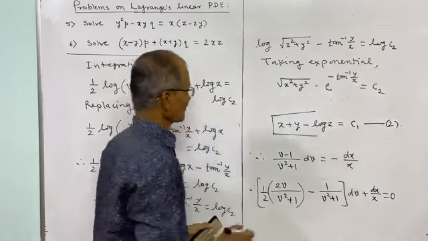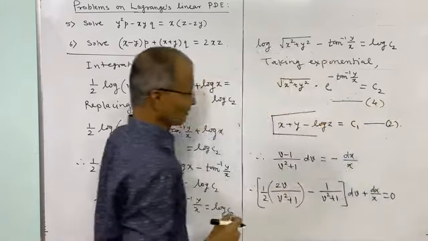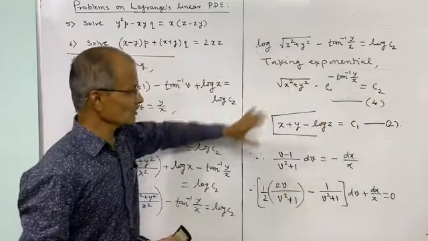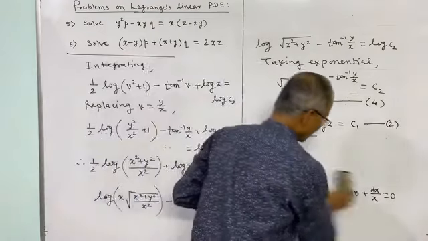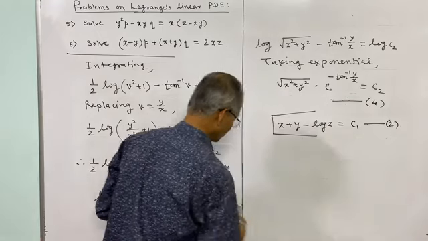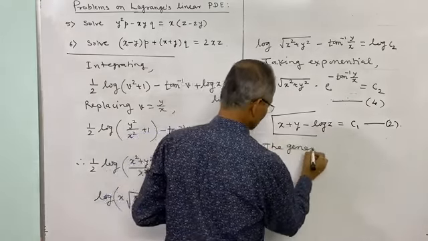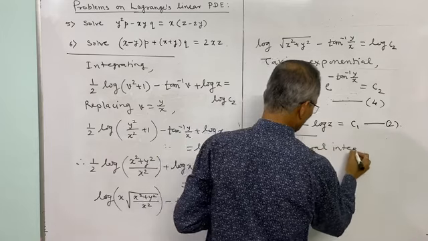So this is our next solution, which is 4. Third number we have given earlier. Now from these two, the general solution can be written. Therefore the general solution, general integral